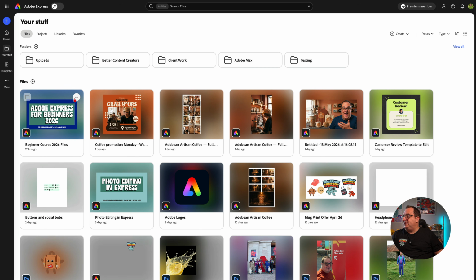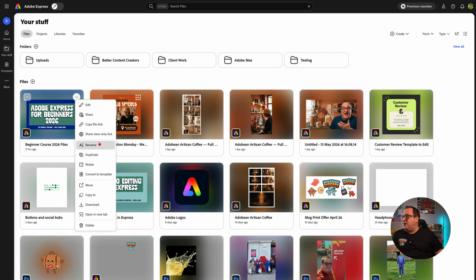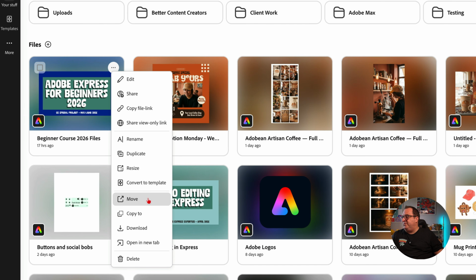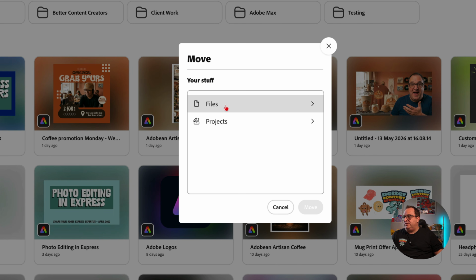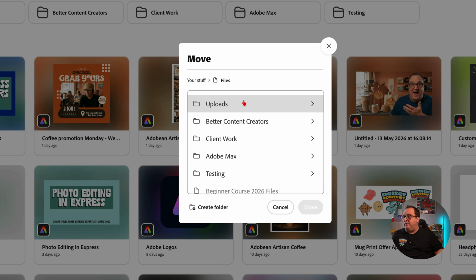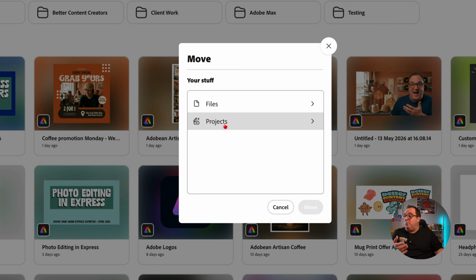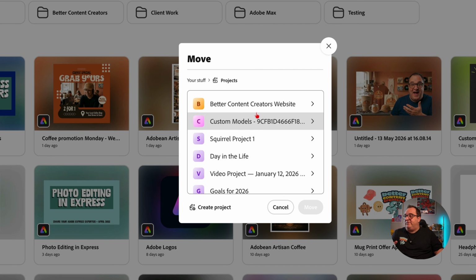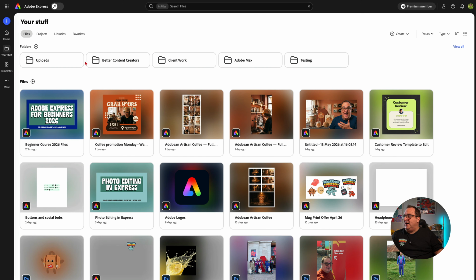If we want to, we can see we've got the 3 dots here. You can just come down and you can choose to move this. That's going to actually move it to a folder. So if we click on just files, you can see that starts opening up those folders within the files area. We've also got projects, and within the projects folder, this is another area where we can start sharing our documents. So I'm going to click cancel on that, and we're going to next have a look at the